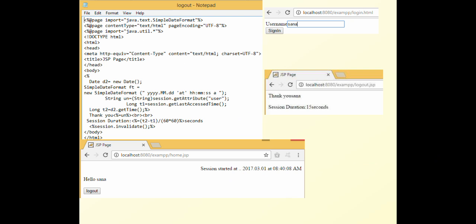This is the other page for the given HTML page. In this JSP page we are just displaying the date or time on which the user is entering and how much time he is spending on this page.